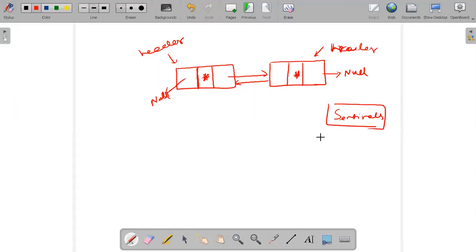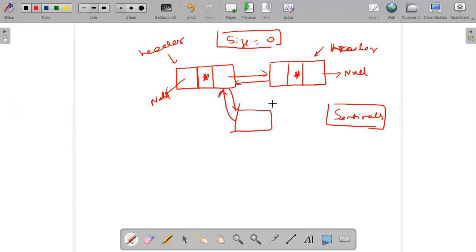By default, my linked list is this one, and I will declare the size of the linked list as equal to 0. Now, if I have to add something, I'll add it here. I will always be adding after the header. If the first element is getting added, I will add it here, and the pointers are updated to point to this one.